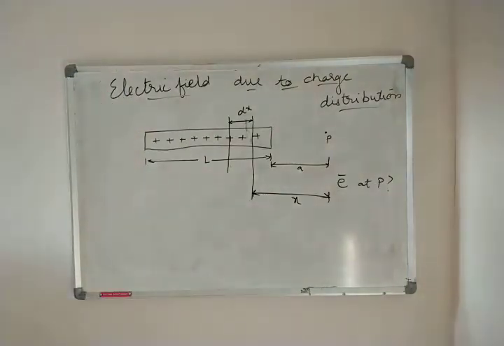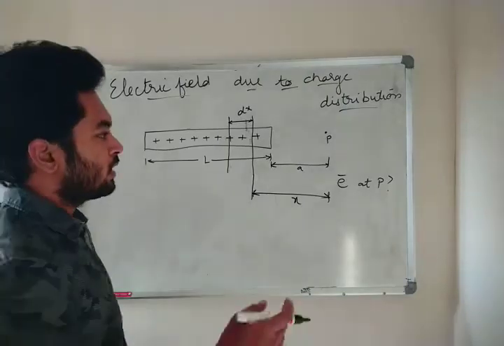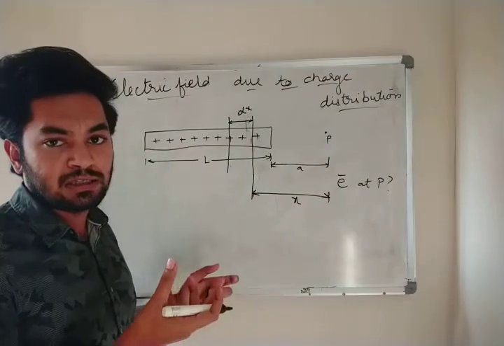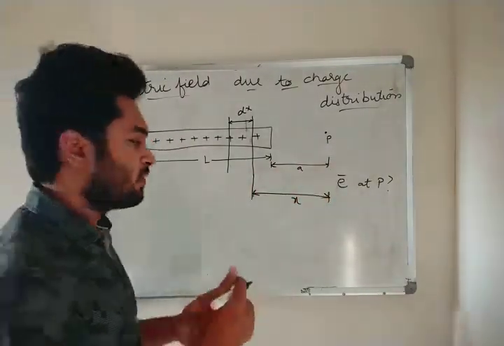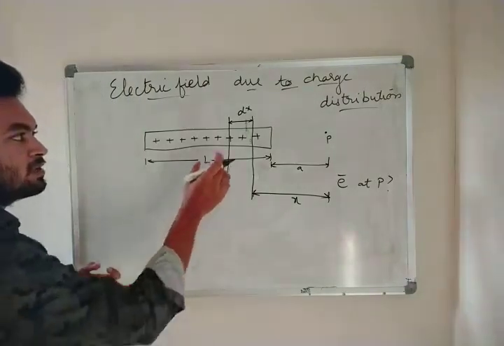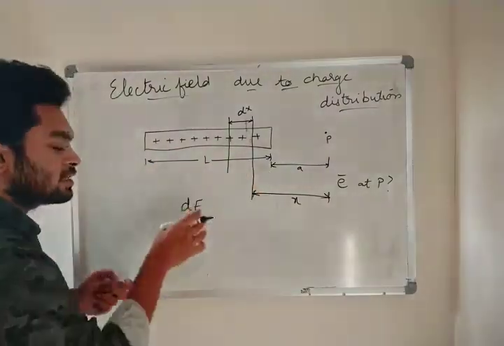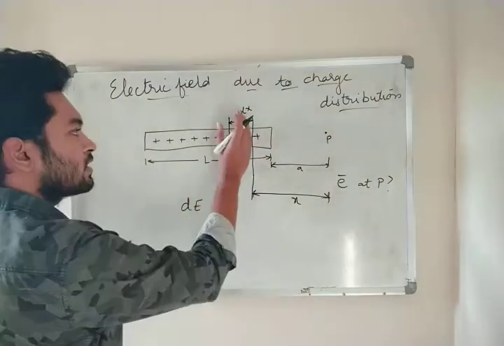So the next step will be, now I am considering this element as a point charge. From this point charge to this P, what is the formula we have done previously, which is dE. Why am I taking dE? Because I have considered a small element dx. For that small element dx, there is a small electric field dE. So small element and small electric field, only for this I am considering.